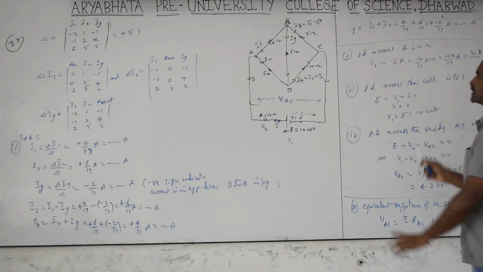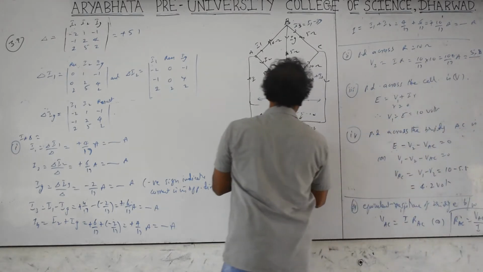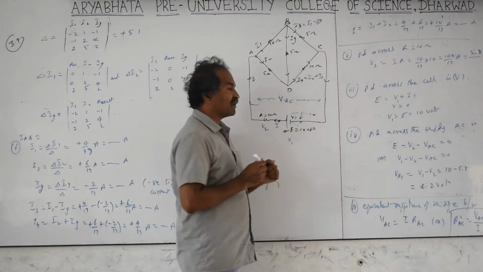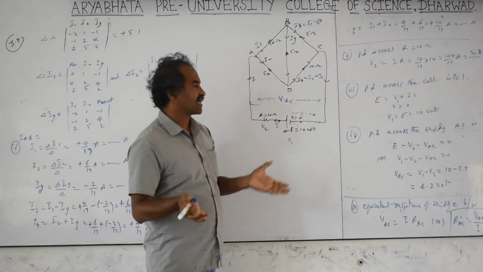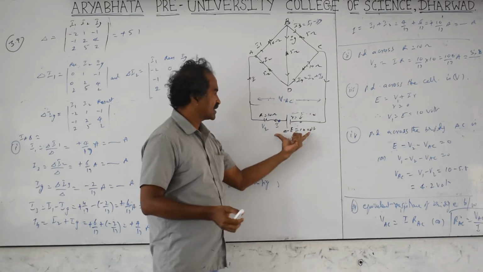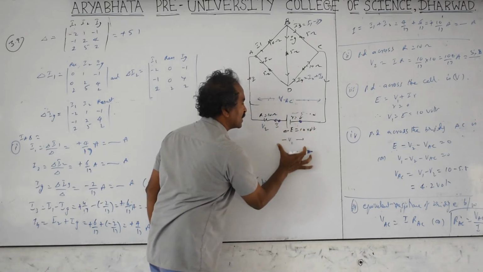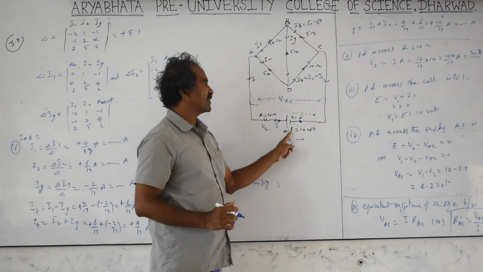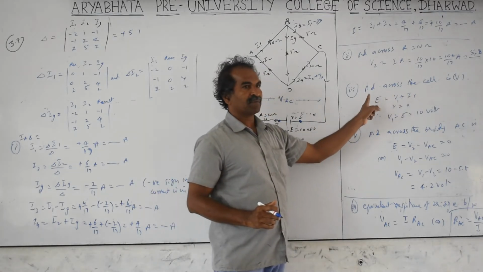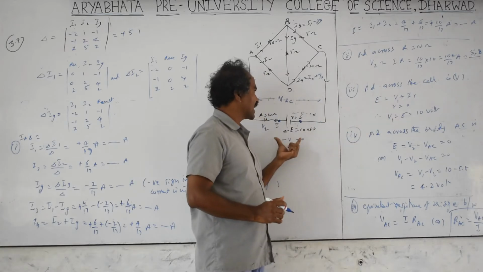Next is the potential across the cell. The current is coming out of the cell. When current comes out of the cell, that is, discharge from the cell, the EMF is more than the potential difference across the terminals. The potential difference is across these two points, in imagination, between the terminals. So the relation is E equals V plus IR. The EMF is equal to the voltage, which I am mentioning as V1, plus IR.